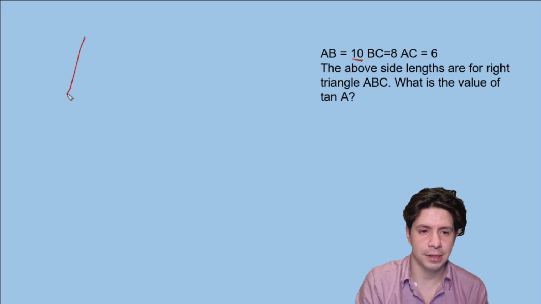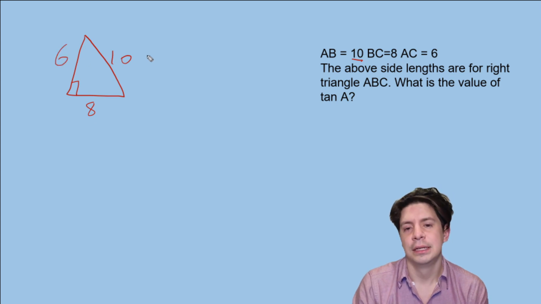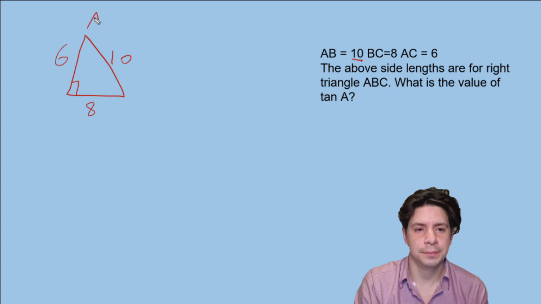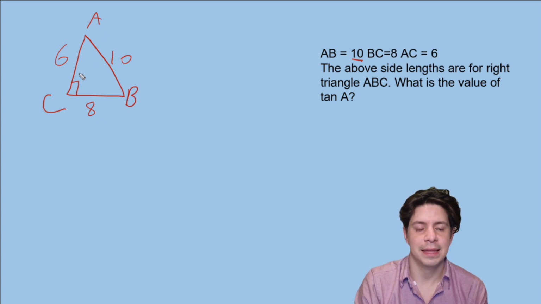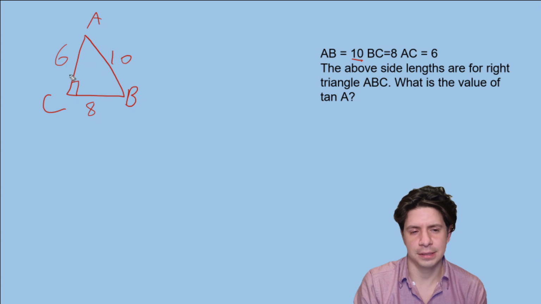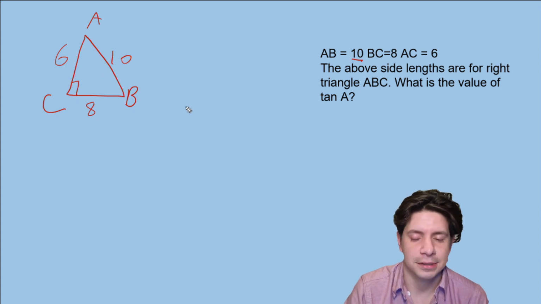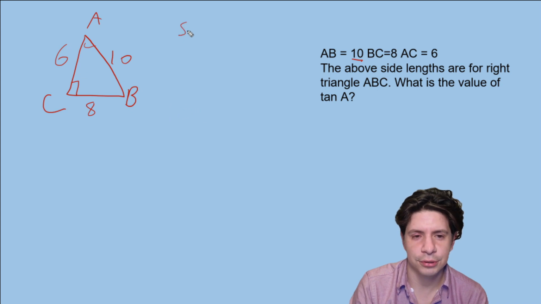So it's going to look something like, just make a generic right triangle. Right, A, B, so the 10 goes here, and then the other ones don't really matter where you put them, right, 8 and 6. So now that means this is A, and this is B, and this is C, right? I guess you should actually label A and B first and then find this, just to make it simpler, but it's okay. So now tan A, and just remember SOHCAHTOA,